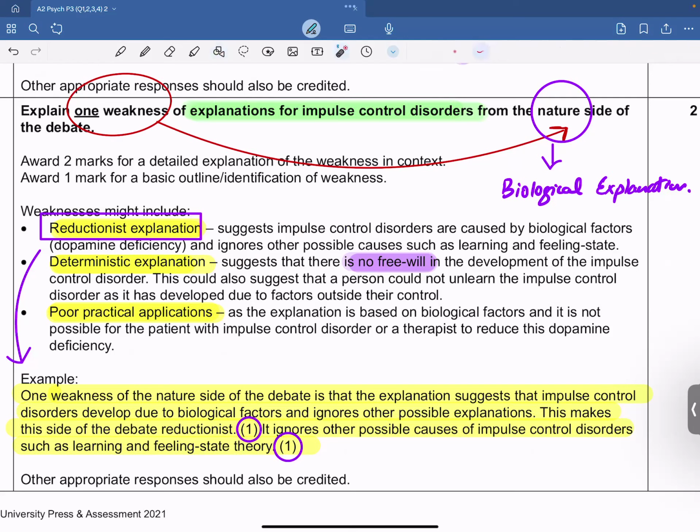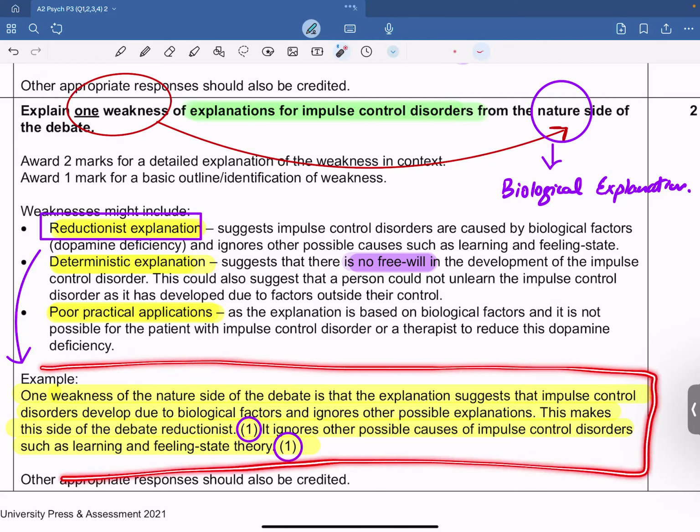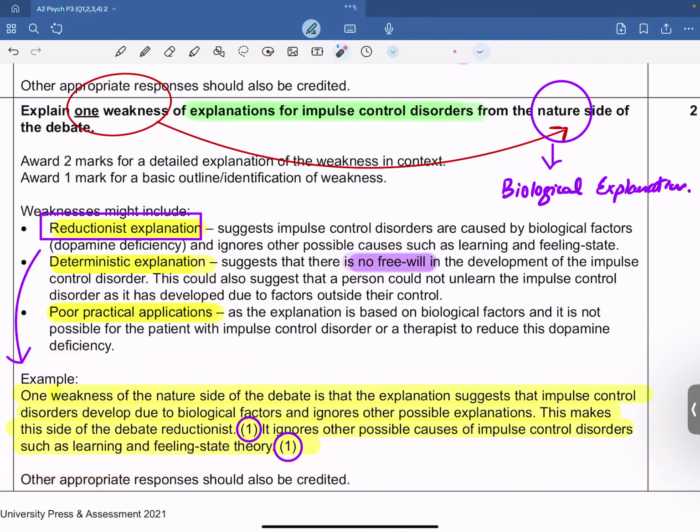Now, what I'd advise is, if you've understood this, you might as well just time yourself while copying this. Just see what part of the script or the page you cover. There are many kids who end up saying, "Oh, sir, how much do we write for a 2 mark question?" That depends on your writing, your font size, and your writing speed as well. Just copy this and see, and through the amount of space you've taken on the script, you'd be able to gauge better how much you should be writing.